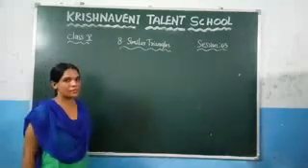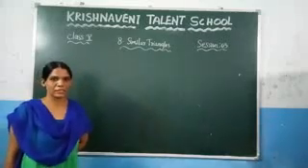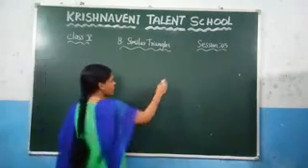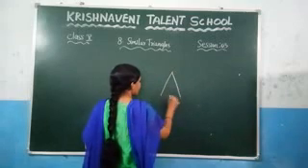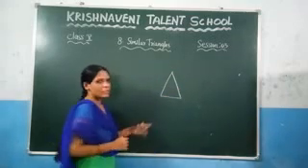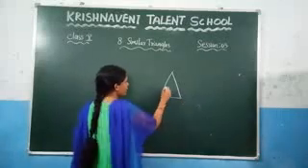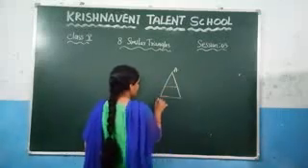In the last session we discussed the basic proportionality theorem, which we also call Thales theorem. So what does the basic proportionality theorem state? If a line divides two sides into the same ratio, let us draw the triangle ABC